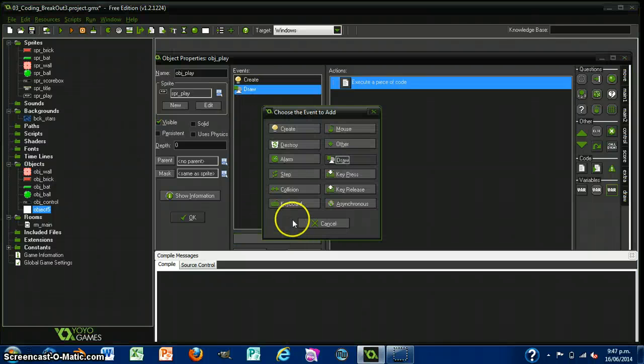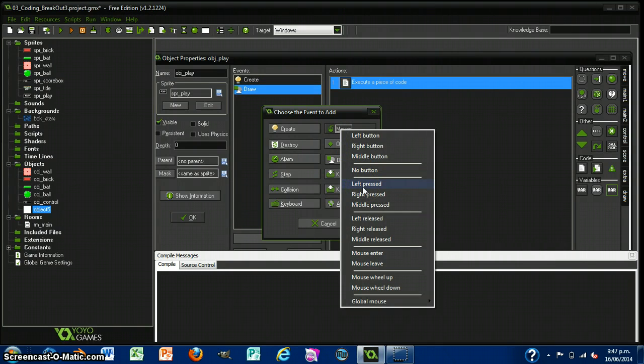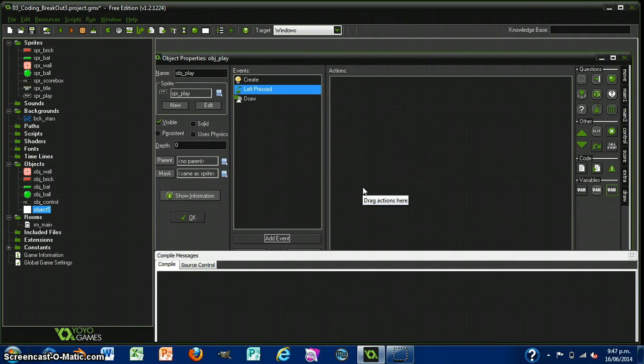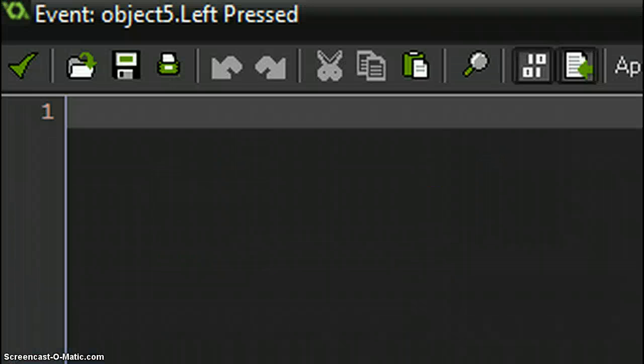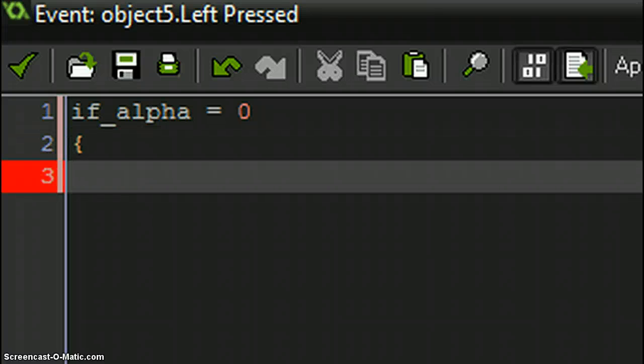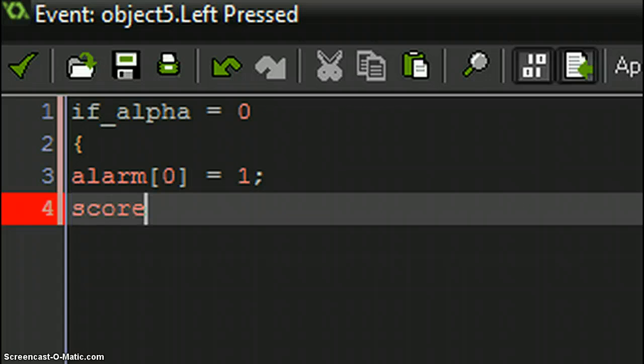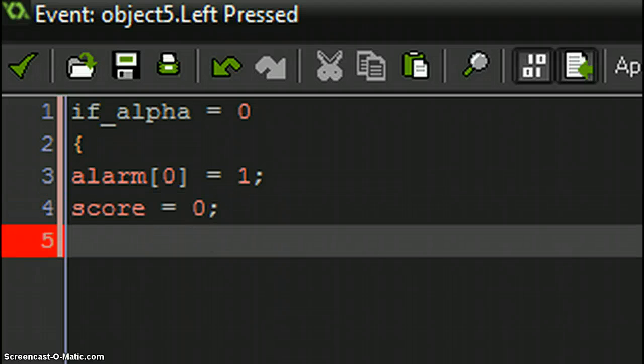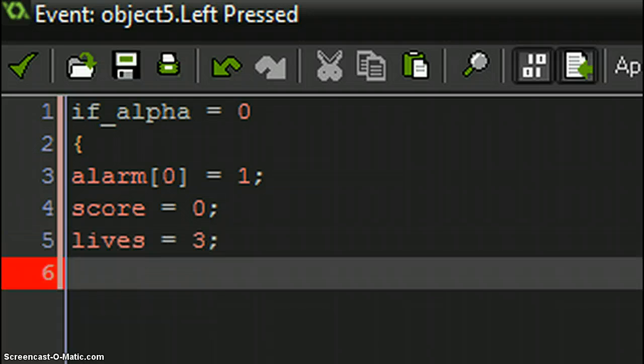So now we need to add a mouse left pressed event, and into that object we're going to put the following code. If alpha == 0 { alarm[0] = 1; score = 0; lives = 3; }